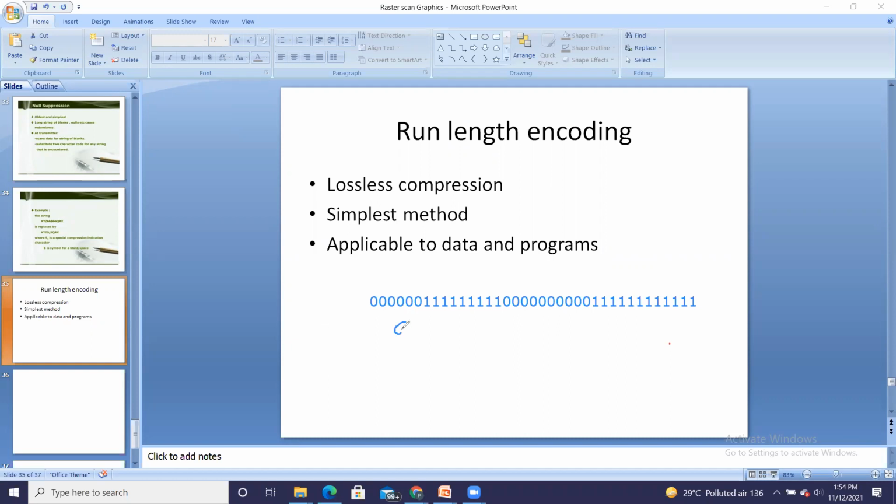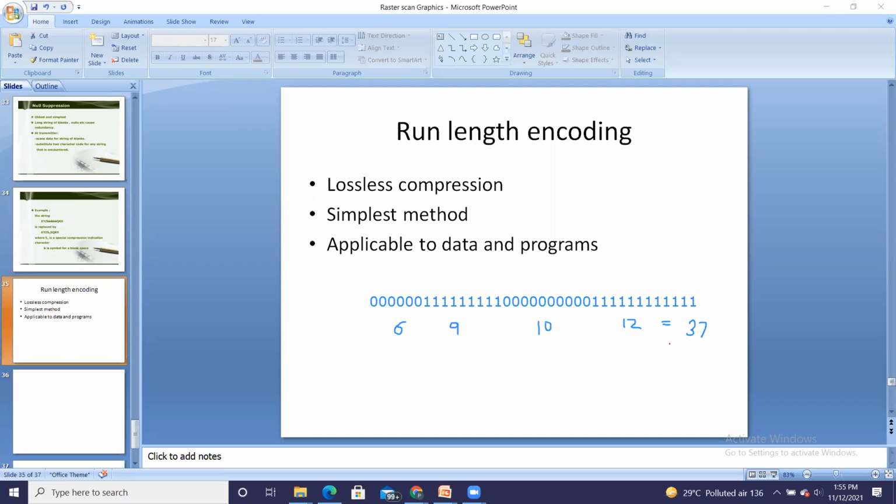Total I require 6 bytes to store zeros, then 9 bytes to store ones, then 10 bytes to store zeros, and 12 bytes to store ones. So ultimately, how many bytes of memory are required? This is 37. 37 bytes of memory are required to store this program line.